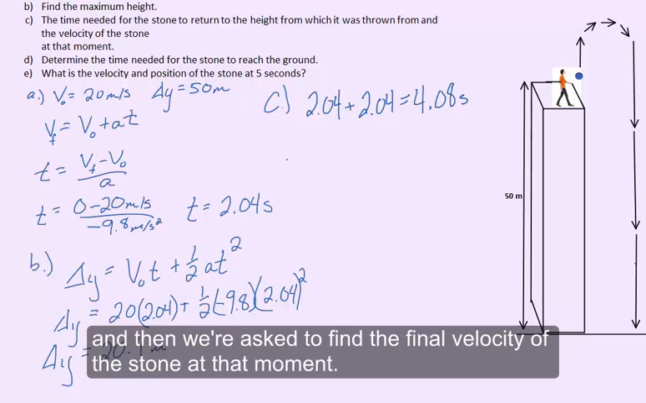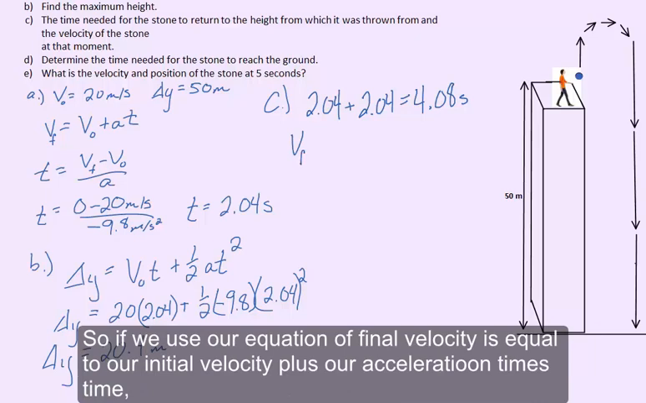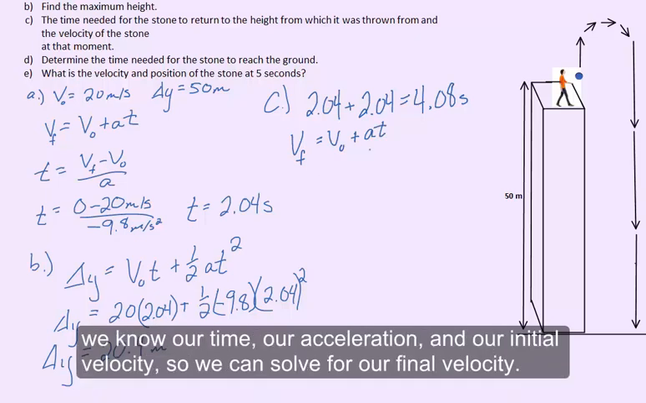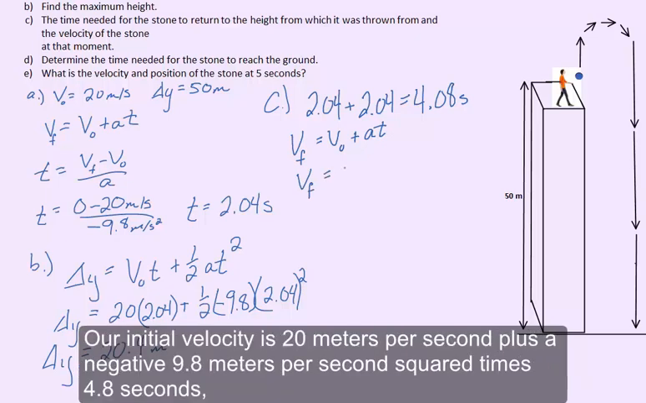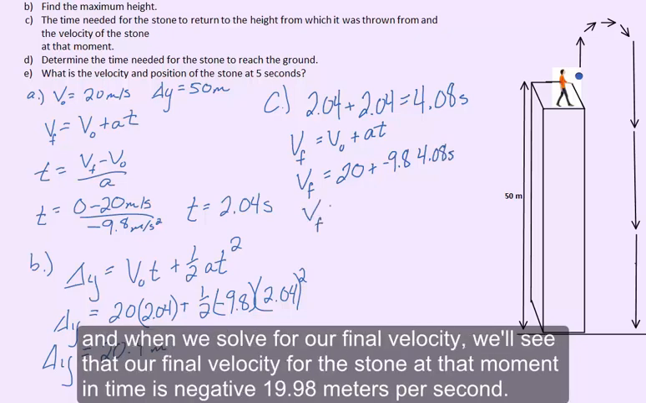And then we're asked to find the final velocity of the stone at that moment. So if we use our equation of final velocity is equal to our initial velocity plus our acceleration times time, we know our time, our acceleration, and our initial velocity, so we can solve for our final velocity. Our initial velocity is 20 meters per second plus a negative 9.8 meters per second squared times 4.08 seconds. And when we solve for our final velocity, we'll see that our final velocity for the stone at that moment in time is negative